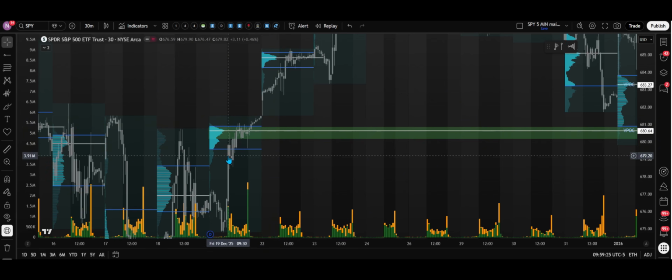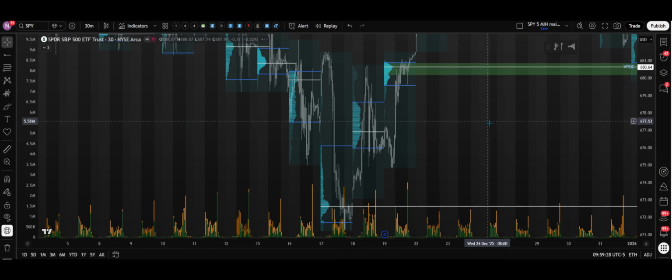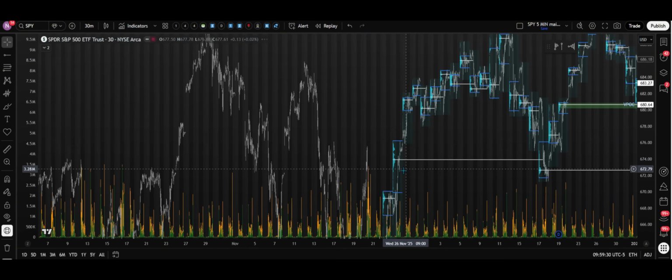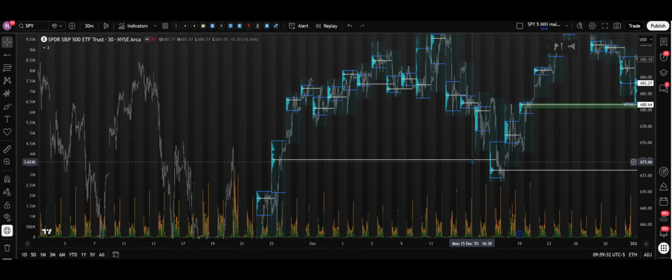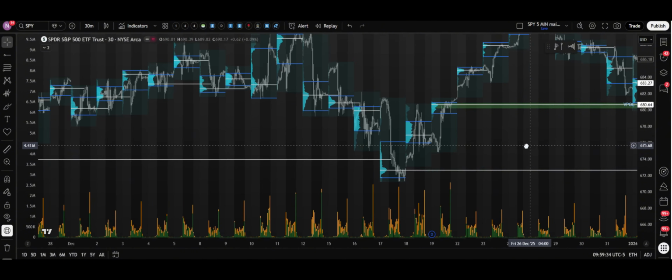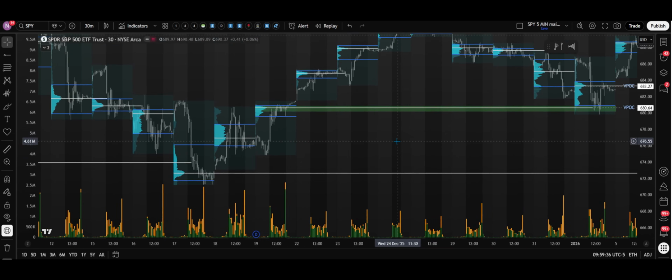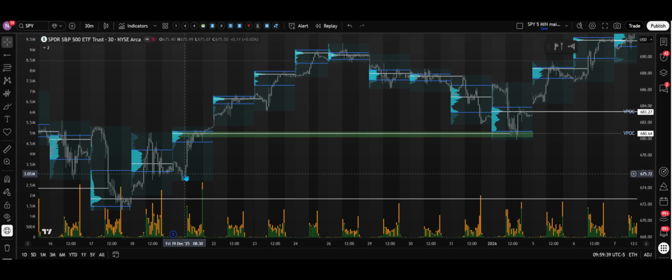So what happens the next day? We kind of gap up, right? And there's a reason for that. This was a long term. There was actually another virgin point of control that had been tested, but anyways, price gapped up after